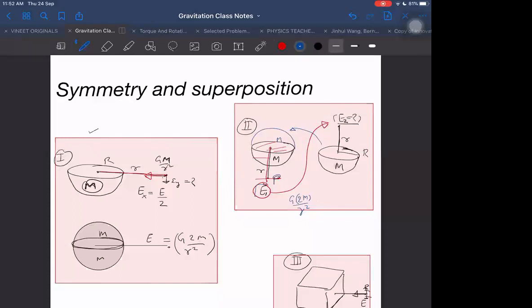From that, what is the contribution of the lower? The contribution of the lower is E1 that we have given already, so minus E1. Then that will be the contribution to the upper one. So what is the field of the upper one in this place? That is G into 2M by R square minus E1. And that is what we are asking here. That is only E2, or not? With respect to the upper face, yes, sir. We are getting G into 2M by R square minus E1. That will be the answer. Yes, sir.